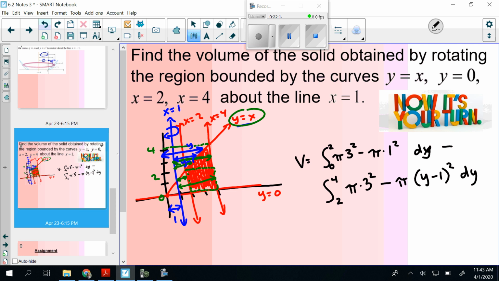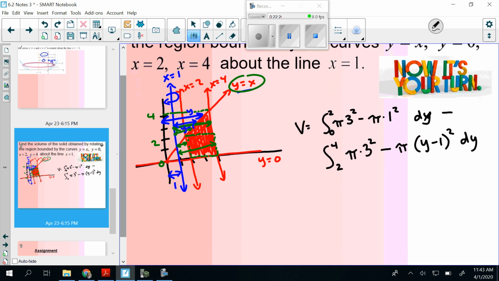All right, so now you want to evaluate and see what you get here. Again, if you want to enter this one in the calculator, do some easy simplifying here. On this top one, we could pull the pi out. It's going to be from 0 to 2. And this one, we could simplify: we'd end up with 3 squared minus 1 squared, that's 9 minus 1, which is just 8. So this is just going to be 8 dy